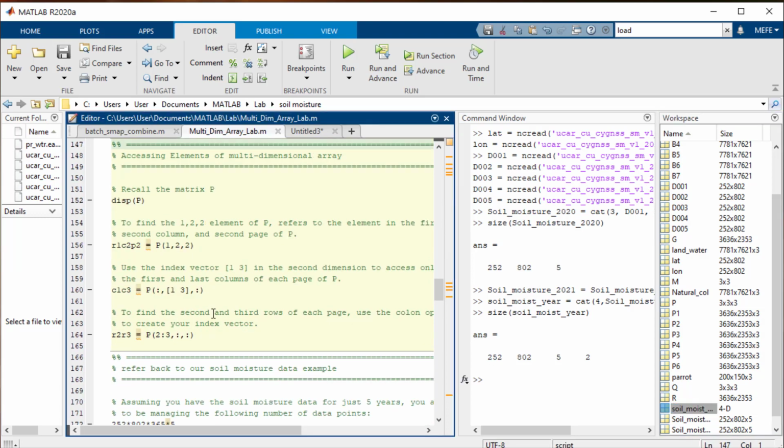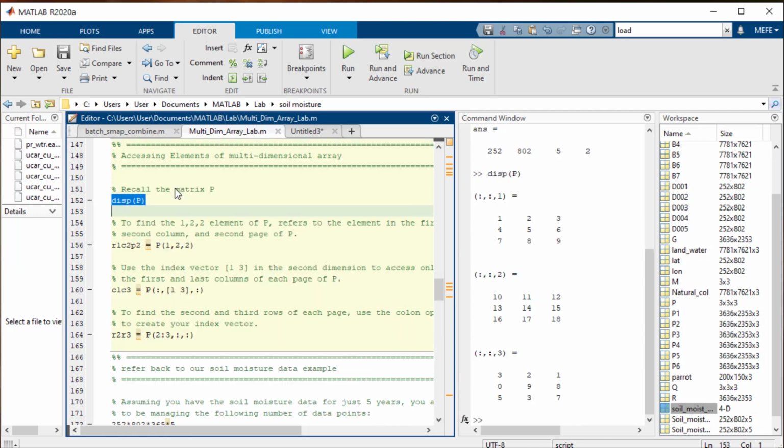Next, we want to look at accessing elements of multidimensional arrays. Let's recall our matrix P. Okay, so we have our matrix P as a 3-dimensional matrix. So, to access an element in a multidimensional array, we simply use integer subscripts just as you would for vectors and matrices. For example, to find the 1 by 2 by 2 element of P, which refers to the element in the first row,